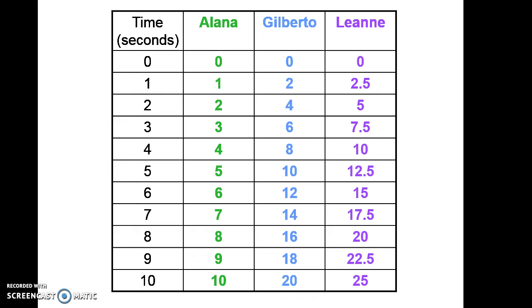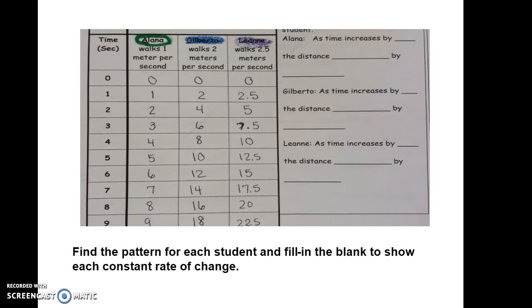We're going to use this table to find the constant rate of change for each of the students. Even though they're giving us the walking rate, we're going to write it as a constant rate of change. And notice on my paper, I have the 3 different colors of the students again. So what you're going to do is fill in the pattern: as the time increases by 1 second,